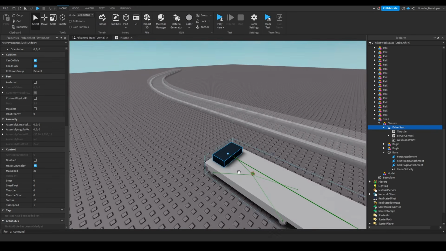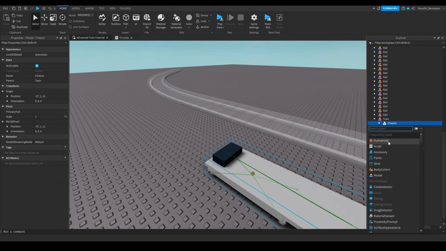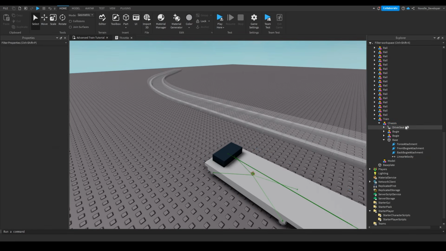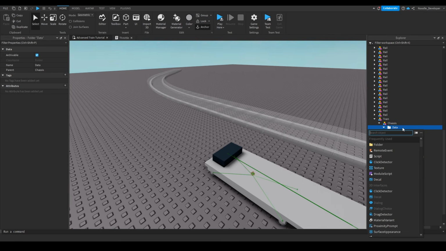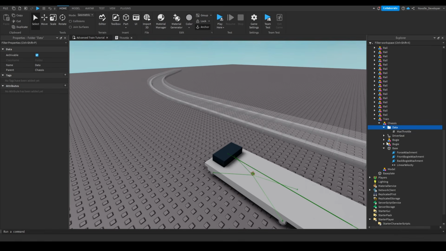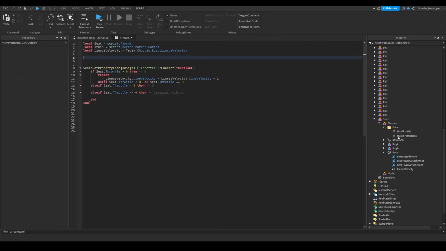I won't do it. I'll create a data folder. So, folder, just rename this to data. Add a number value. We'll just call this max throttle. That way it's easier to change. Add a number value again, and add max throttle back. So just add +1,